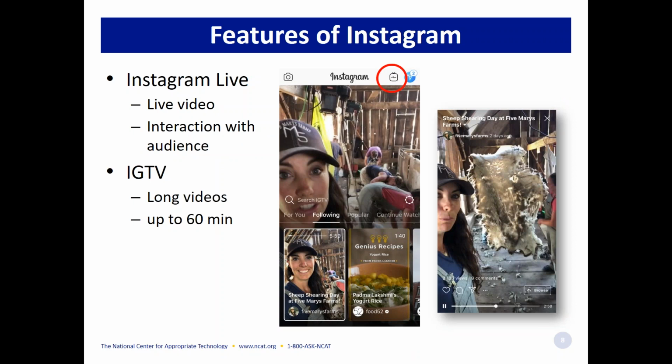Some newer features of Instagram are Instagram Live and Instagram TV. So Instagram Live is a lot like Facebook Live. It's live video where you can interact with the audience. The audience can essentially comment in real time. You can respond to those comments. This is something that's good to announce ahead of time,